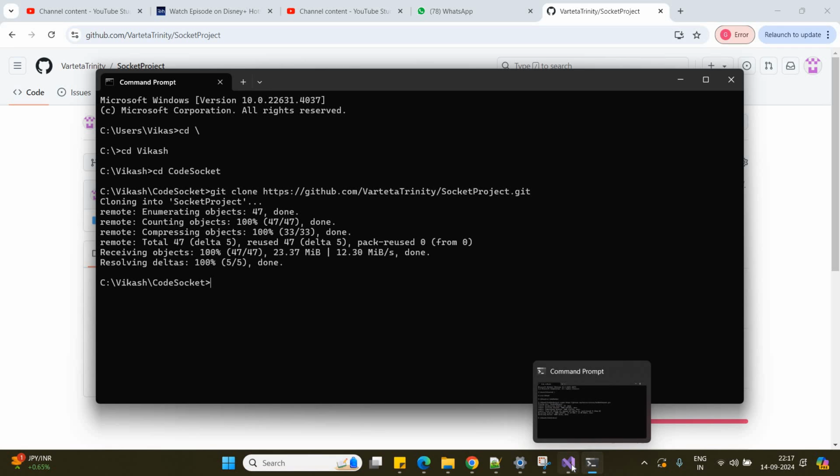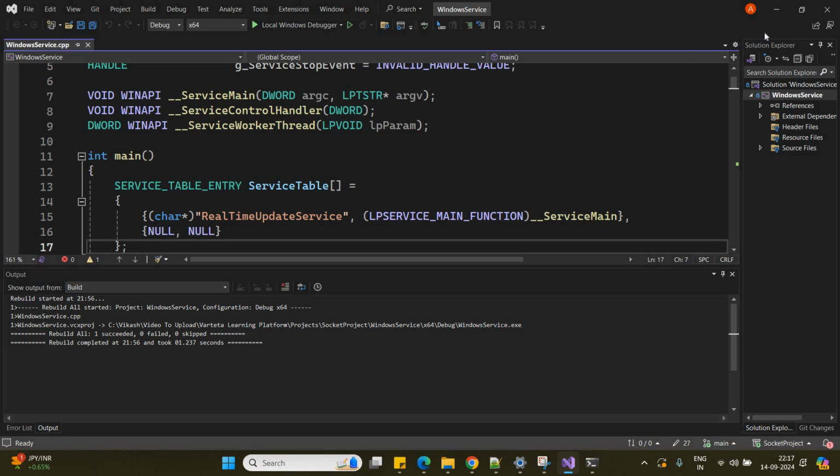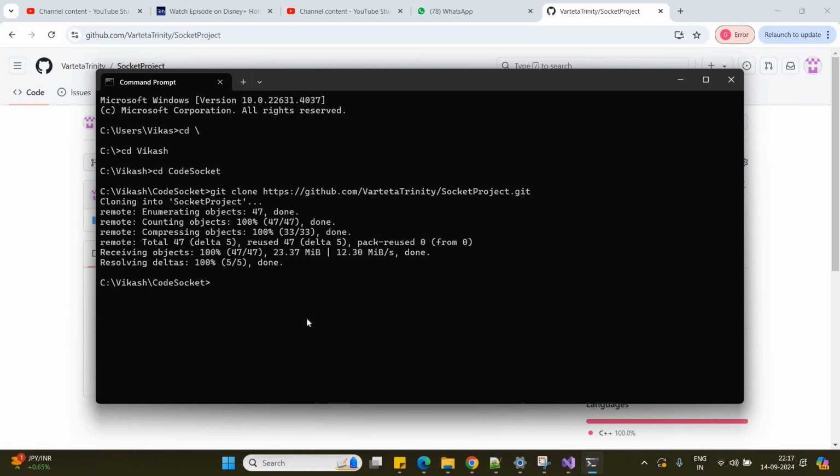Now you can open the code, the solution, just like this, and you can compile it on your own and create the exe on your own. Okay, so